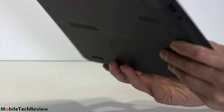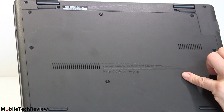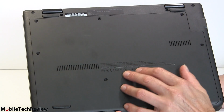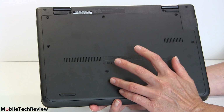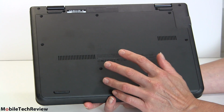Now, battery life. It has a 4-cell battery that's nominally sealed inside. Not too hard to take the bottom off. There's several screws here on the bottom that hold this bottom panel on. 4-cell lithium-ion battery. Lenovo says up to 8 hours on a charge. That is pretty optimistic. I find I get more like 6 hours on a charge with brightness set to around